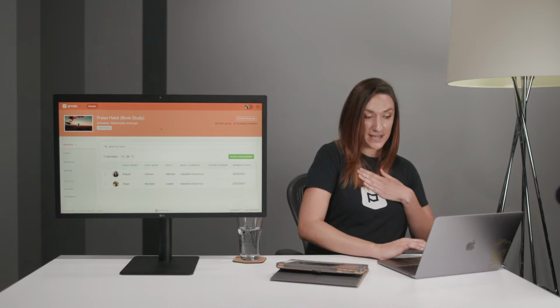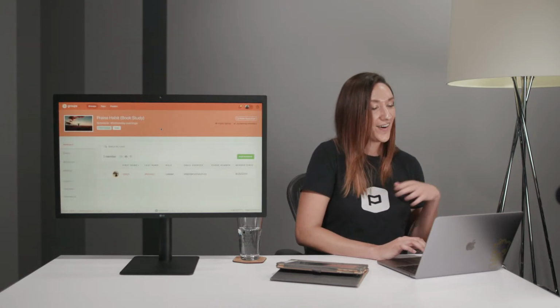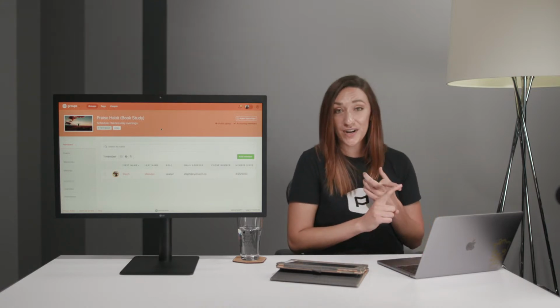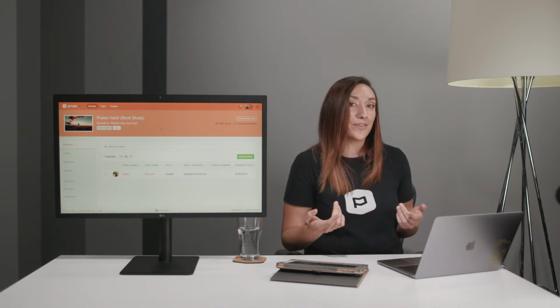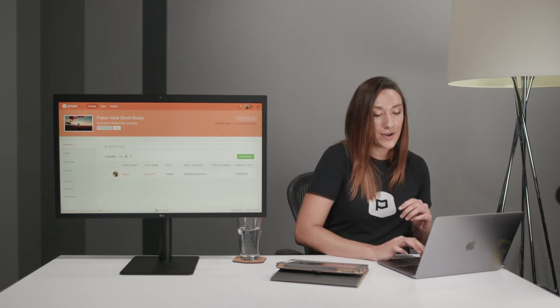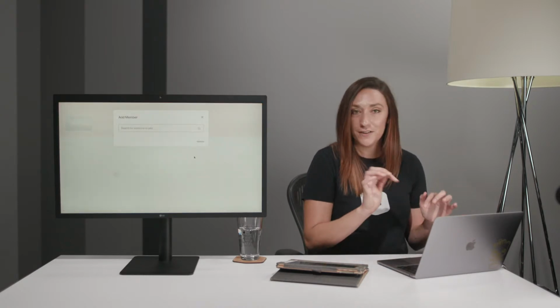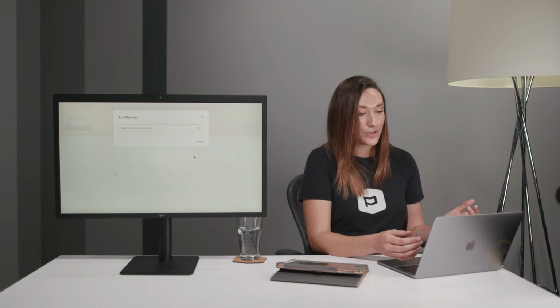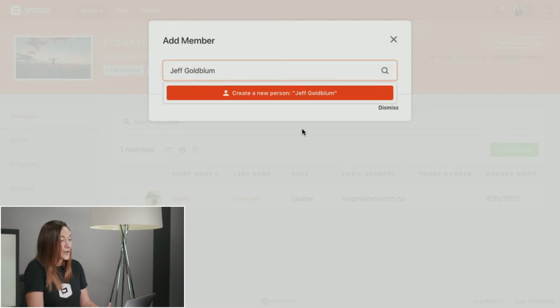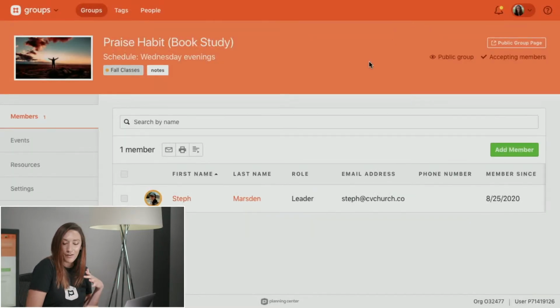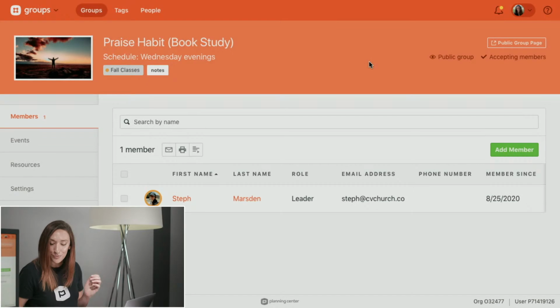Now I'm going to switch back over to me, the real me, on this page and show you what it looks like for administrators adding someone directly to a group. And this is also what it would look like for your group leaders if you enabled the leader access setting. So when I go to add a member, it'll be the same way I added Steph. You just type in search. And let's say you're adding someone who doesn't have a profile in Planning Center yet. Let's see. I don't think he's in our system. He's not. So I would create a new person using that if I had his contact info, which I don't, which is fine. So those are all of the ways you can add people to your groups.